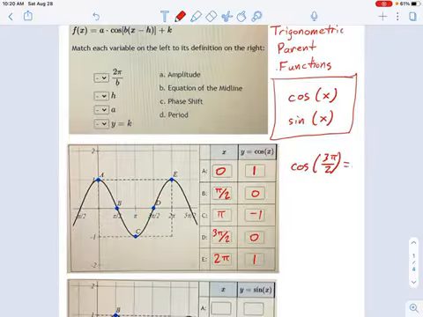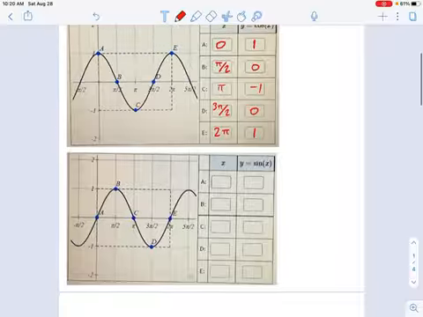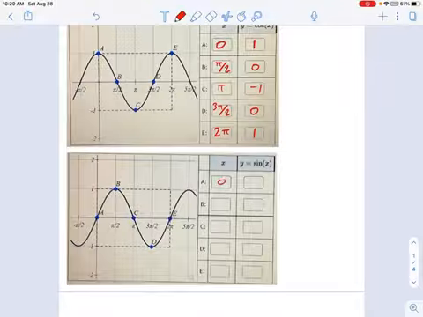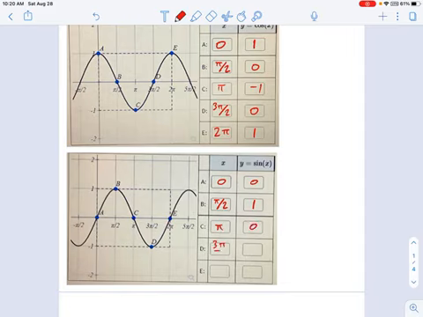So that's how the cosine parent function works. And the sine parent function is down here. Again, the same thing. If you know your unit circle, this should be a cinch. 0, 0. The sine of pi over 2, well, that's just 1. The sine of pi, that's 0 again. Sine of 3 pi over 2, that's negative 1. And the sine of 2 pi, that is 0. So we're back to where we started.